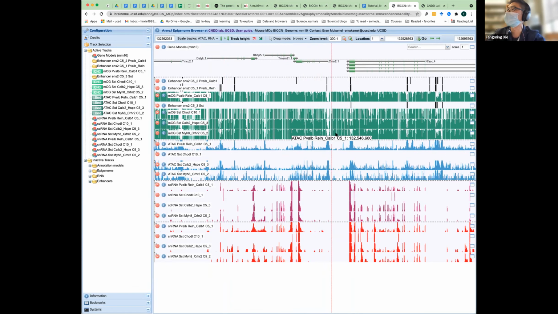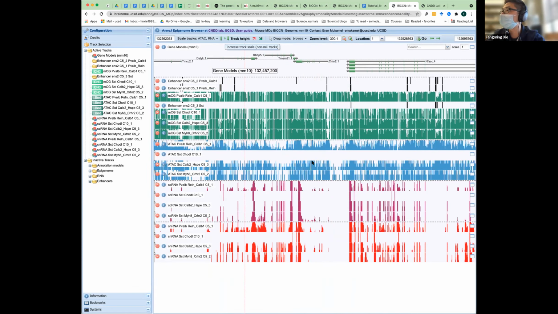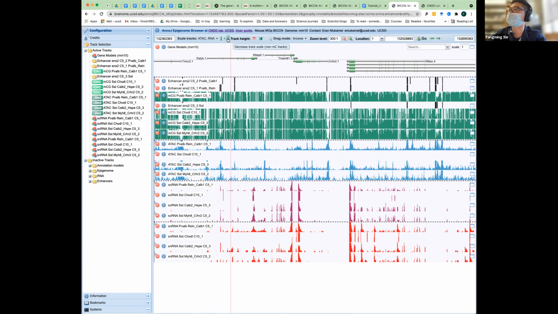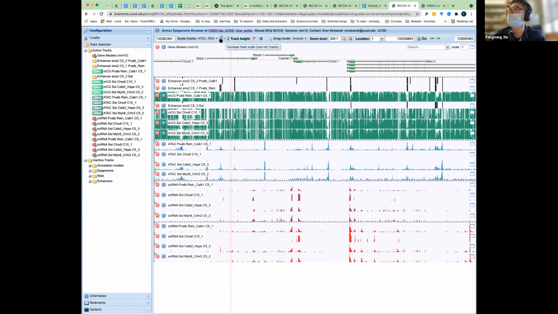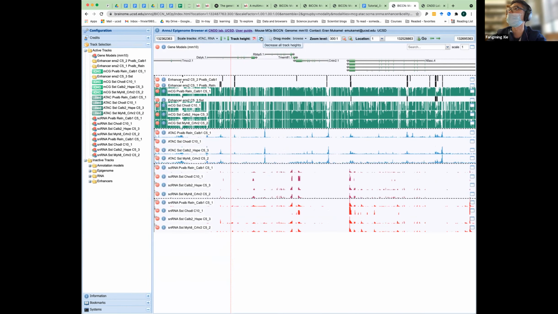And sometimes when it's too high, you couldn't see the contrast and a lot of noise shows up. That's because many of the lowly accessible regions, in the case of ATAC-seq, are blown up because you normalized it too much. And then you can bring it down like this to better show the contrast and where the highest regions are. So for the different up and down buttons you can play with, as this goes up, this goes down, this goes up, this goes down.